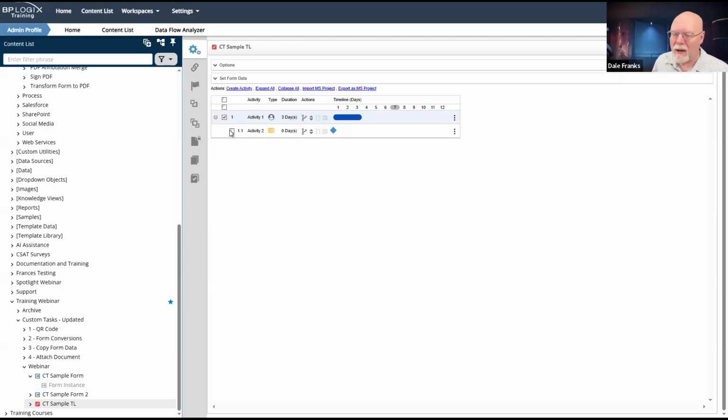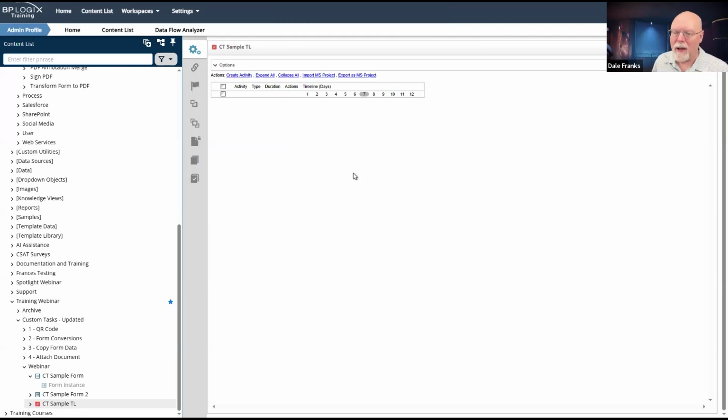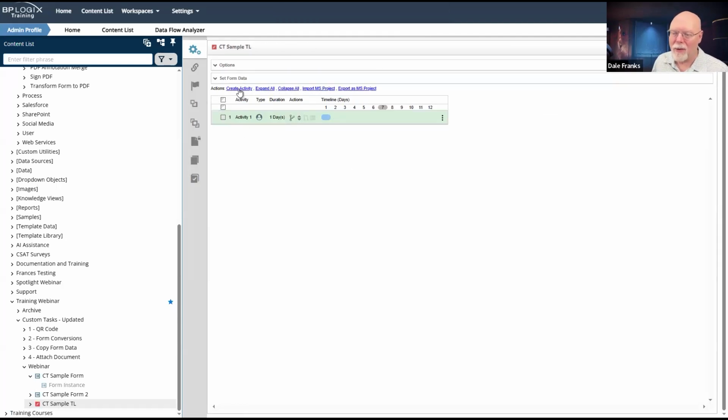One of the things you can do, and I'm just going to go ahead and remove that activity, that custom task activity. And I have removed everything. So we'll create that activity. We'll create another one. We will now set the correct dependency, or will we? There we go.